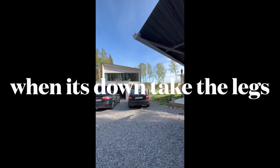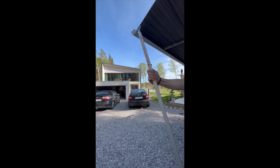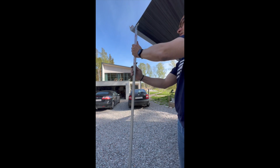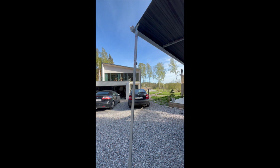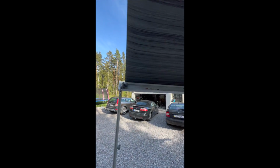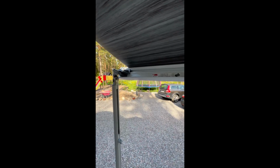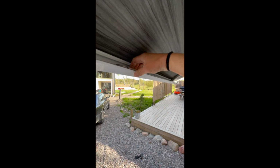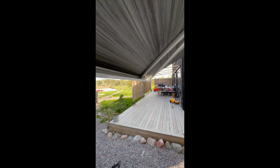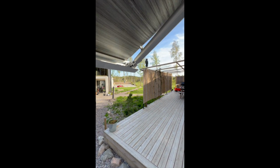You take it out, pull it out, and make sure it slides like this, and then you adjust this with the knob. So you can see how it comes out the sides. We do the same from the other sides. You pull it out, slide it out,